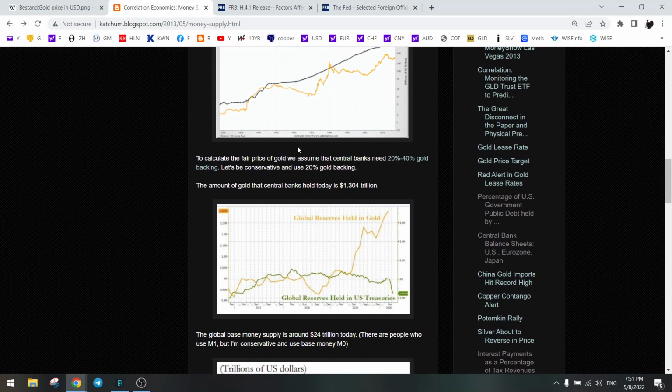So what we want to have is that we assume that the central banks hold around 20 to 40% of gold on their central bank, right? So let's say 20%,